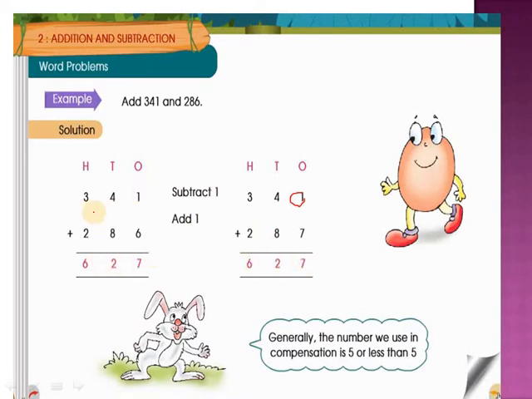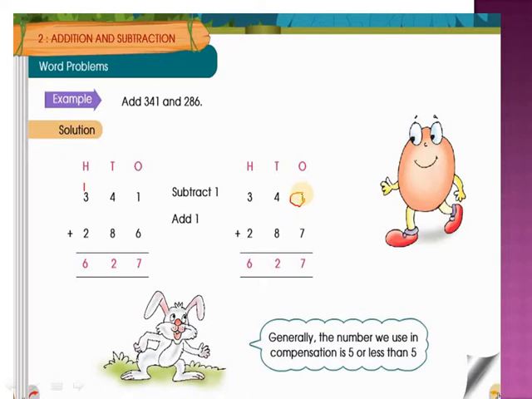So here children, 341 plus 286 is given. So when we add 1 plus 6 is 7, 4 plus 8 is 12. Yes, 3 plus 1 is 4, 4 plus 2 is 6. So 627 we got. 341 is there. If we subtract 1, what are we going to get? 340. 286, add 1 to this one,